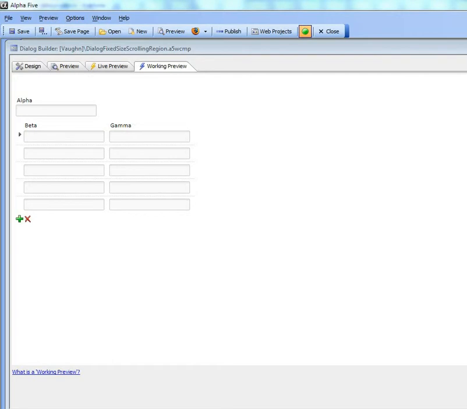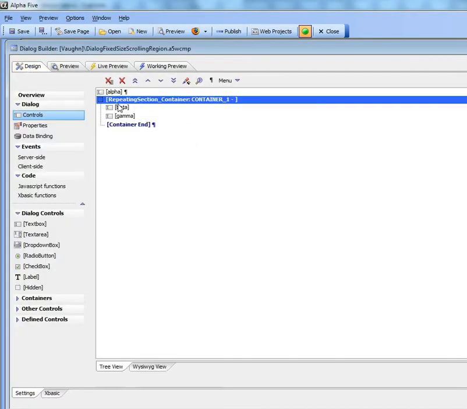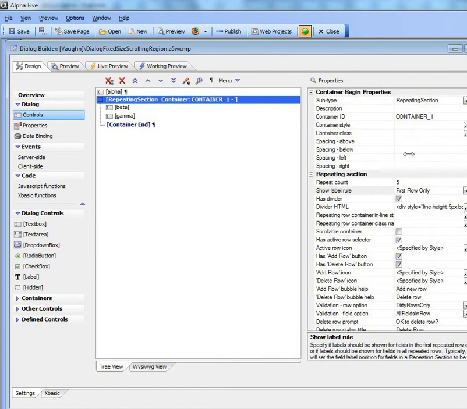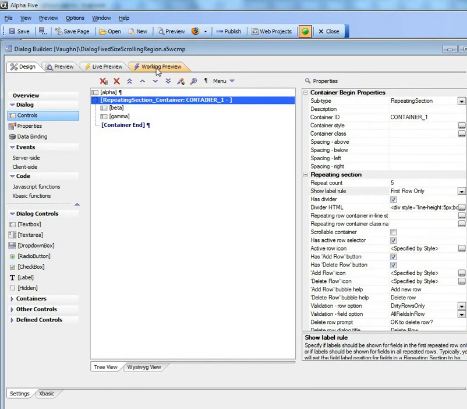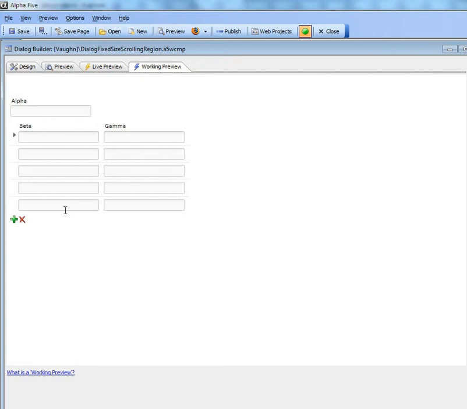In this video we'll show how the repeating sections in a dialog component can be placed in fixed sized scrollable areas if you choose. So you can see here we have a very simple dialog with the repeating section. The Dialog Design just obviously has three controls, and you can see beta and gamma have been placed in a repeating section. And there are currently 5 rows, and if I go and add new rows to the repeating